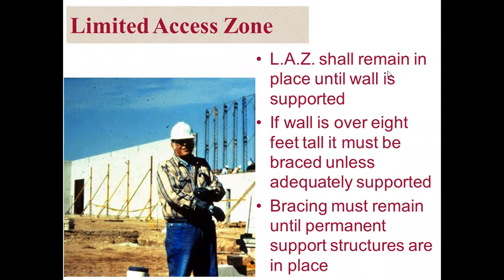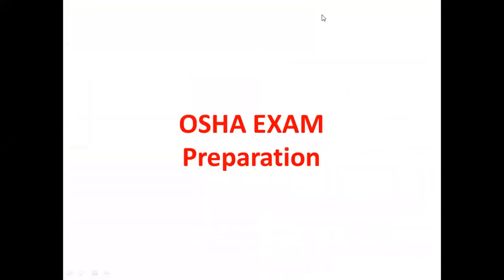So limited access zone shall remain in place until wall is supported. If wall is over 8 feet tall, it must be braced unless adequately supported. Bracing must remain until permanent support structures are in place. I hope guys it will be